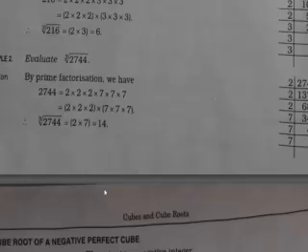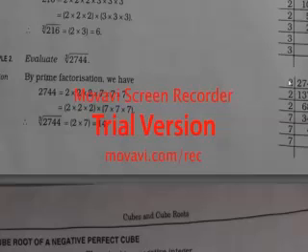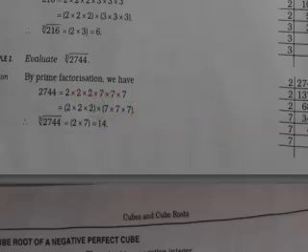You can see over here example 2. Here it has been said, evaluate cube root 2744. So what has been done, 2744 is divided by 2. If you will see, 2 3s are 6, 1 and 4 is 14, so 2 7s are 14, and then again 4 is there, so 2 4s are 8. Again it has been divided by 2. You can see 2 6s are 12, 1 and 7 is 17, so 2 8s are 16, and 1 and 2 is 12, so 2 6s are 12. So with again 2, what happens? 2 3s are 6, 2 4s are 8, and 2 3s are 6.